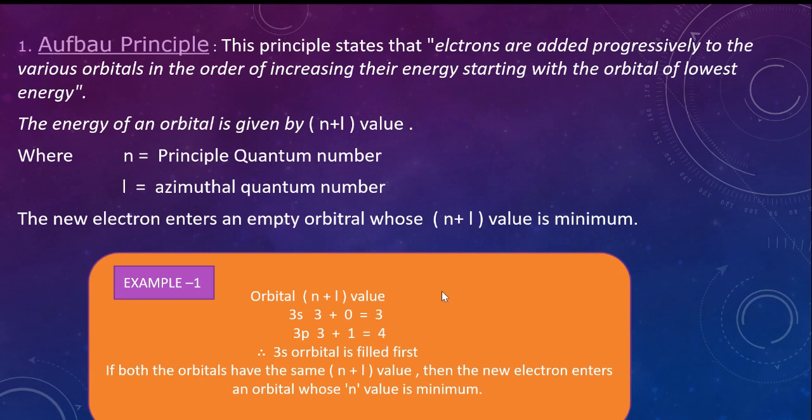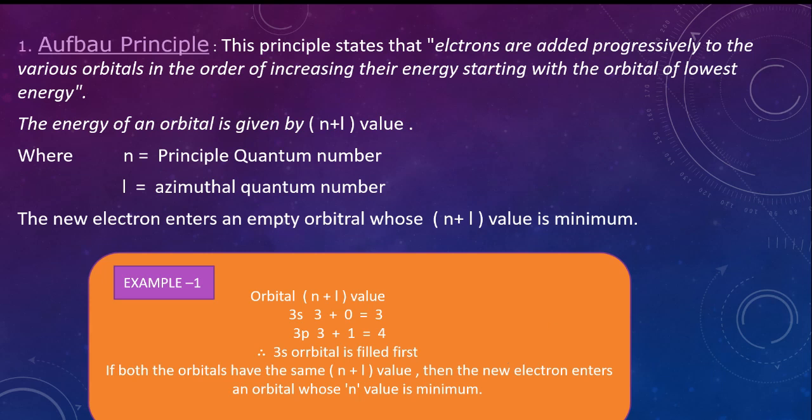If we take the 3s and 3p configuration, and the configuration of nitrogen, atomic number 7 and mass number 14, it is 1s2, 2s2, 2p3. That means there are 2 electrons in the s orbital and 3 electrons in the p orbital. Okay, so here, let us check the n plus l value for each orbital.